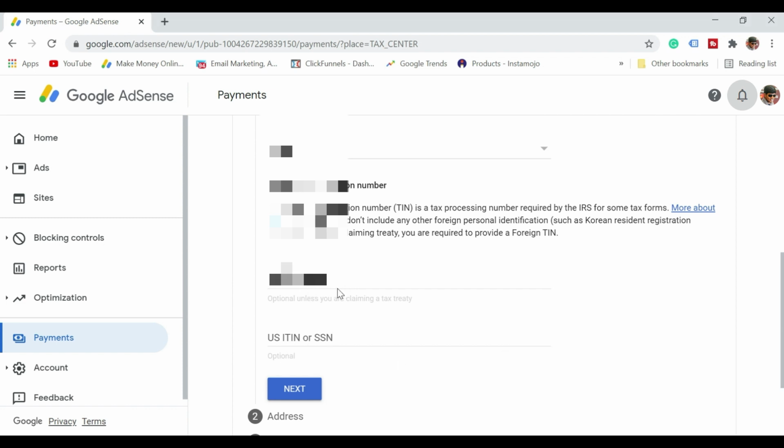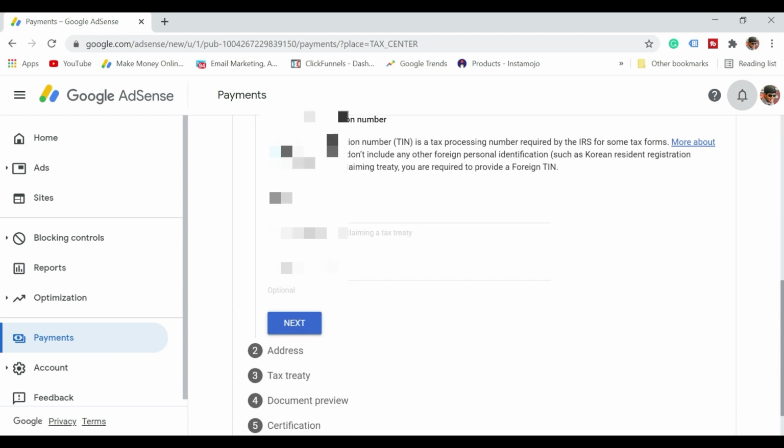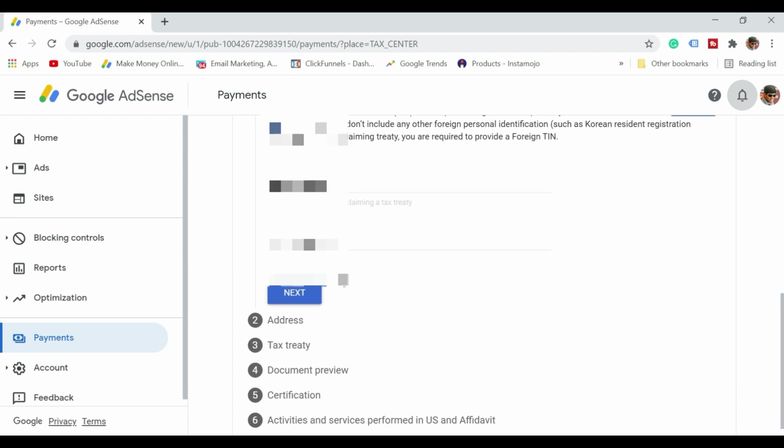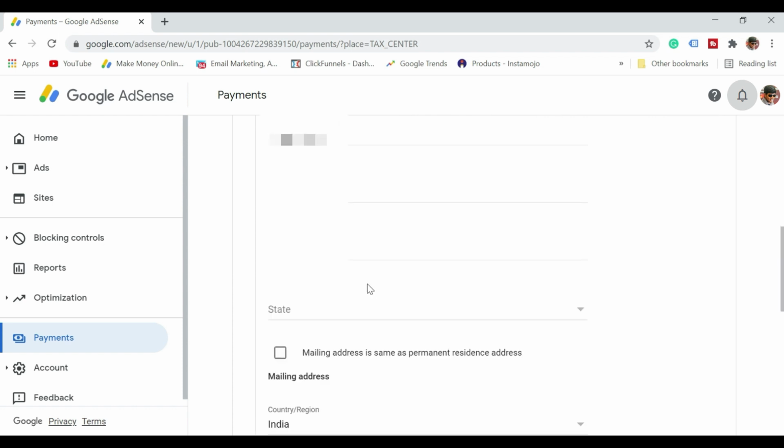Make sure the PAN card number you are giving is correct, because only if you enter this PAN card number are you eligible for claiming a tax treaty benefit. So this is a mandatory one. Once you are done with that, you don't need to fill this US ITIN or SSN, social security number. This is not required. So just click on next.